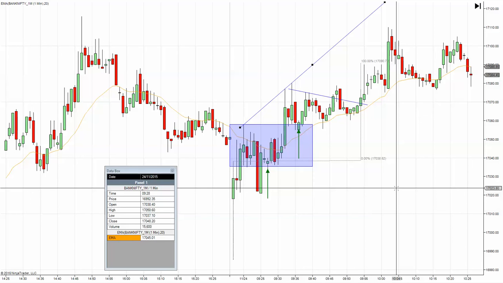Hello everyone, I'll be walking you through a bar by bar analysis of the price action that happened yesterday, November 24th. It's an interesting price action because you'll get to see a trend as well as a trading range, both mixed, and it will be interesting to see how we deal with this kind of price action and not get chopped. So the important point here is to avoid bad trades even though the price is making higher highs